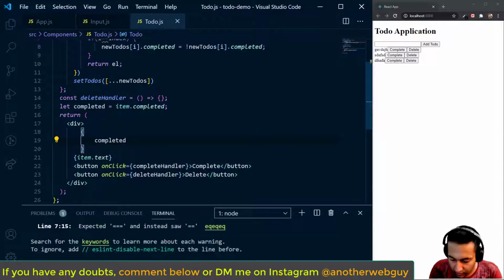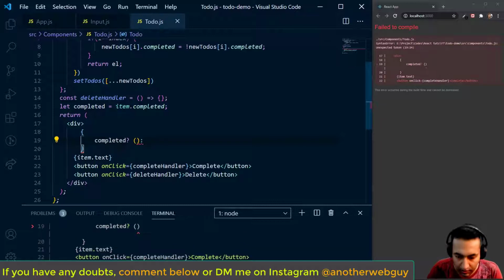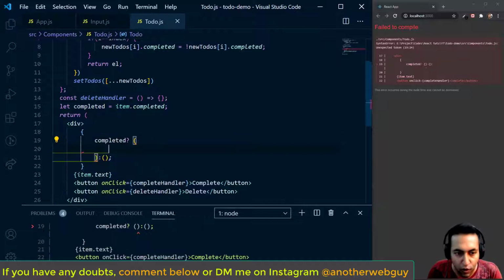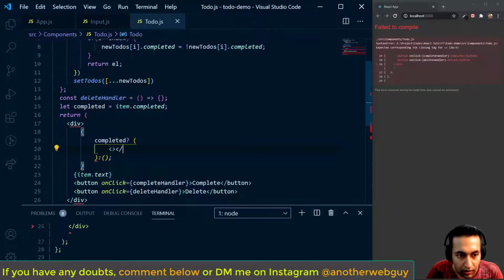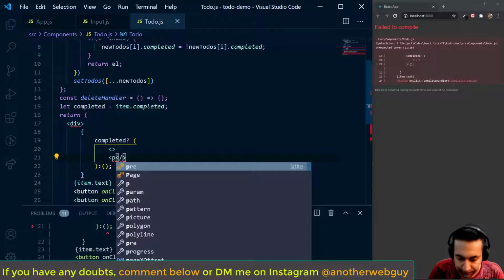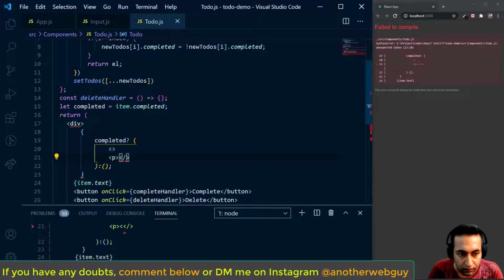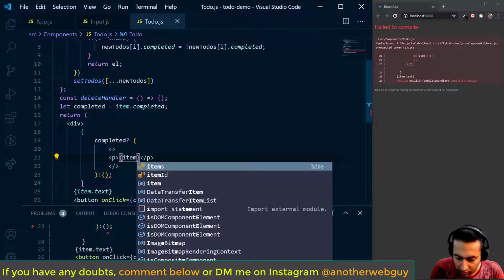So if the completed is true, we want to have a React fragment like this, and inside the React fragment we'll say p, the paragraph component, like this, and here we'll say item dot text,